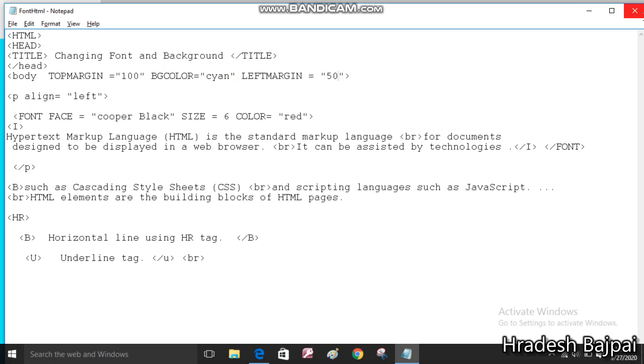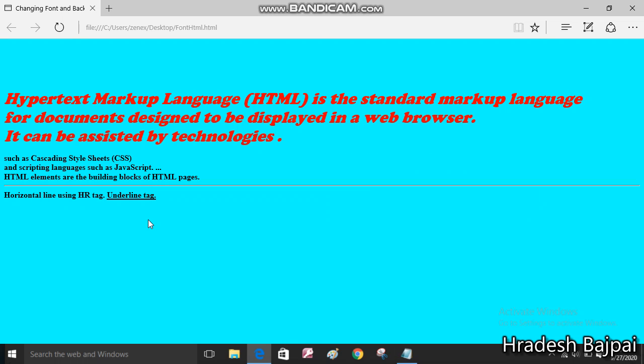So now see, this is the output right now, because I have not refreshed the page, so it's looking in the normal mode. Left margin is not working right now. I have to refresh it first. So I hope you all have seen this properly. Now see the change.